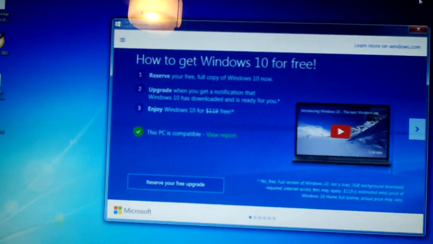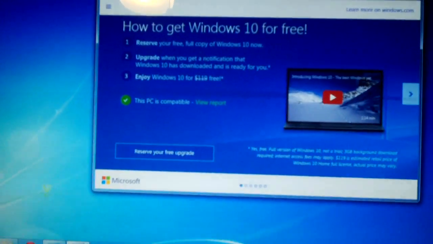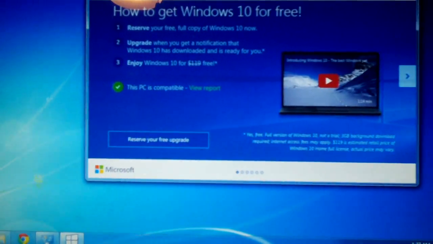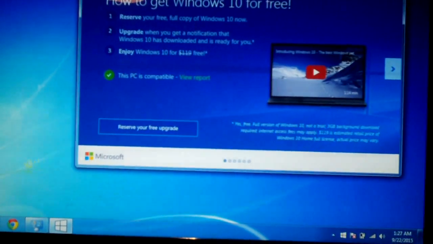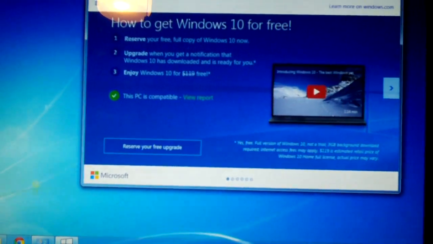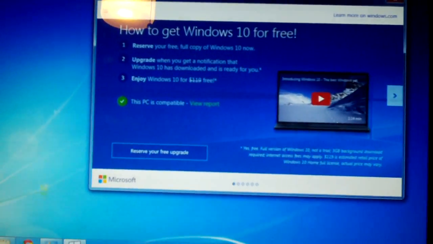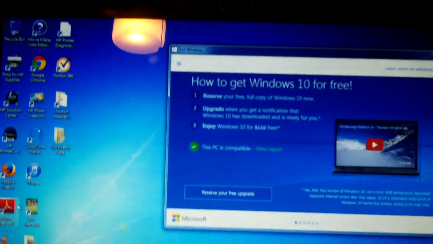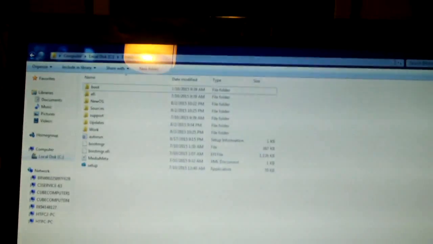How to get Windows 10 for free? It tells you the computer is compatible, but the person has not reserved the free upgrade. Well, free downgrade really. It's not an upgrade. They have not reserved it at all. Now, explain to me, which I already know the answer to this, explain to me why this person's computer